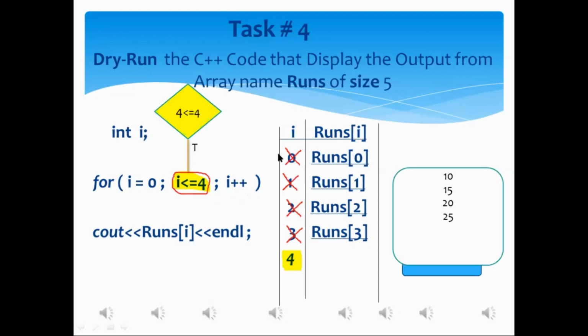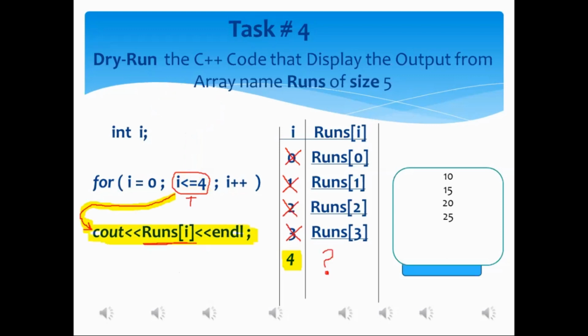Mr. Aftab, when the condition within the for loop statement gets true, the question to you: the control of execution will be shifted to where? To the cout statement, sir. That is the for loop associated statement. Your answer is correct, my dear. When this for loop associated statement is executed, whatever data value has been stored in the memory address we have specified, that is done within square brackets [I], will be displayed onto the monitor screen.